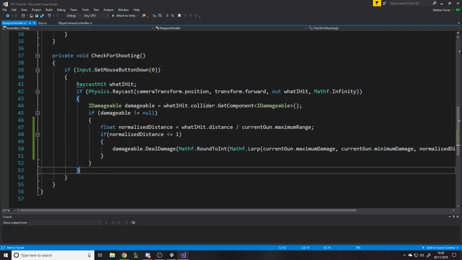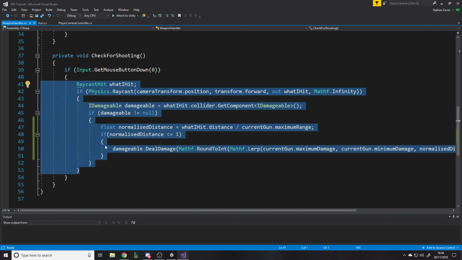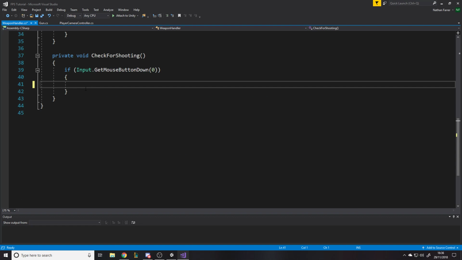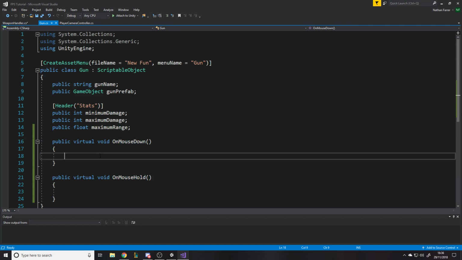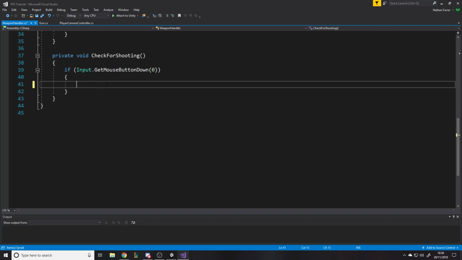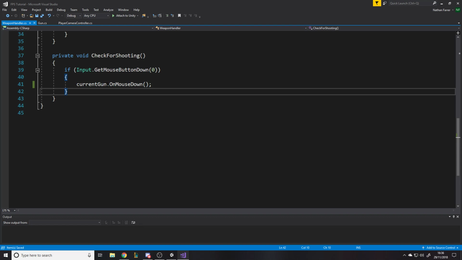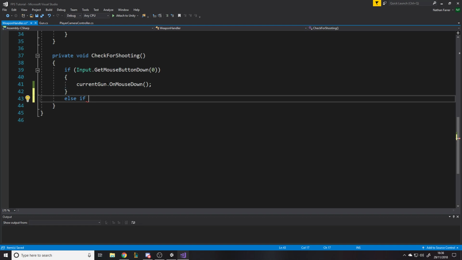So obviously we want to do raycasting in here. But actually, no, we don't really want to do raycasting in here, do we? We want to just have the update where we check for shooting, and let's cut this code. Actually, no, let's leave it here, I'll paste it in here for now just to put it somewhere. Okay, I know it's going to give us errors. So when we press mouse down, we'll say current gun dot on mouse down, and then we can say